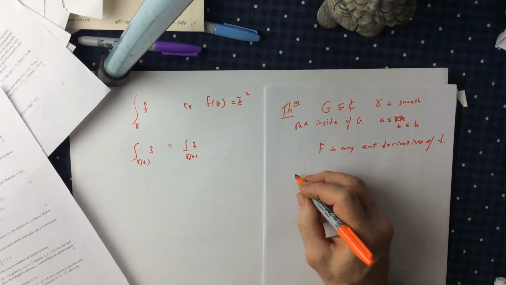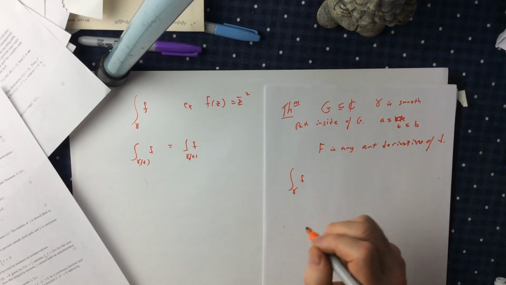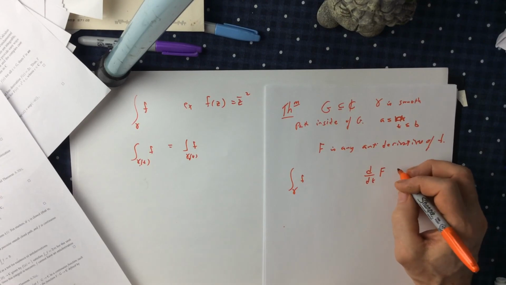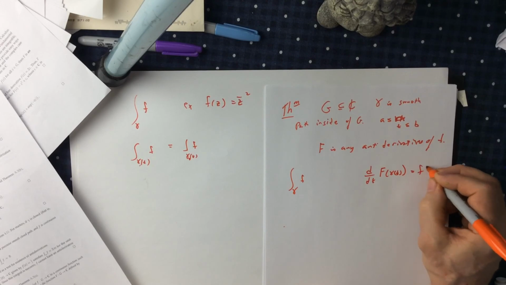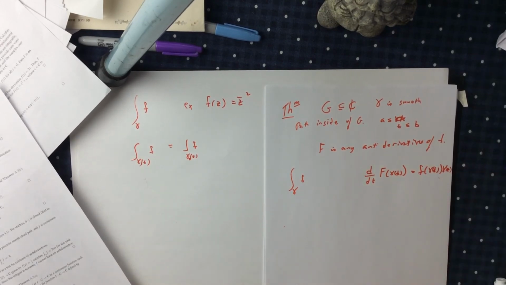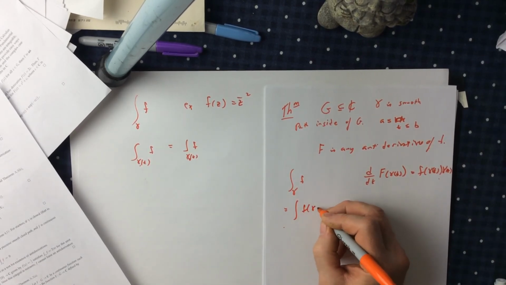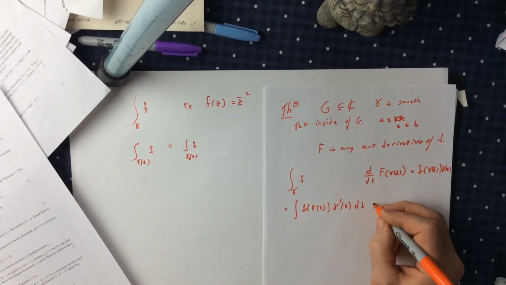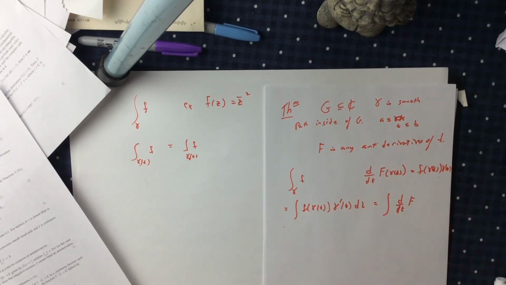What are we going to calculate? Well, we're going to calculate the integral over gamma of f. Well, first off, we know that since the derivative of this function on the path gamma must be f of gamma of t, gamma prime of t by the chain rule, then this, by definition, is f of gamma of t, gamma prime of t dt, and so this is the integral of a derivative,